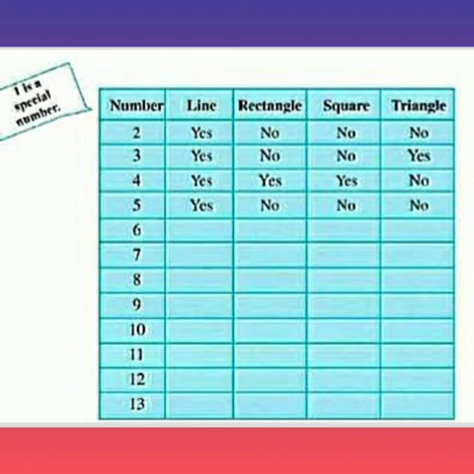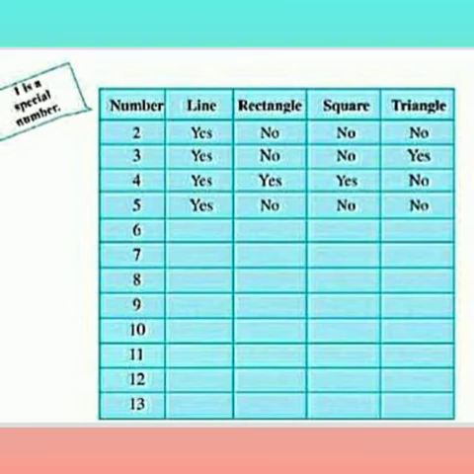And rectangles, I told you prime numbers cannot be arranged. Composite numbers can be arranged. So accordingly you can fill up the table. Then square, that is squares of natural numbers can be arranged. Now triangle, I showed you the pattern. Okay. So fill it up. Then some questions are given, we will answer them.